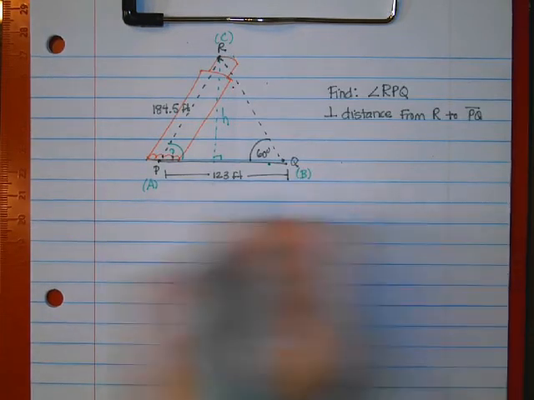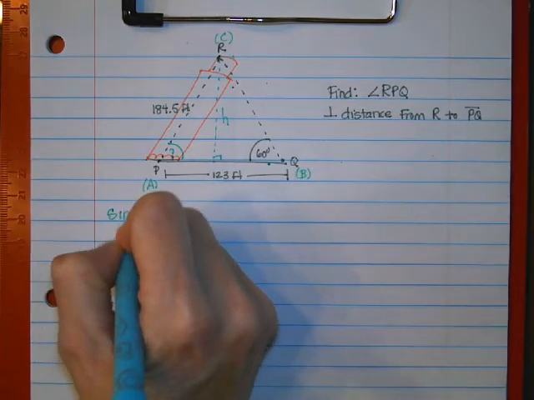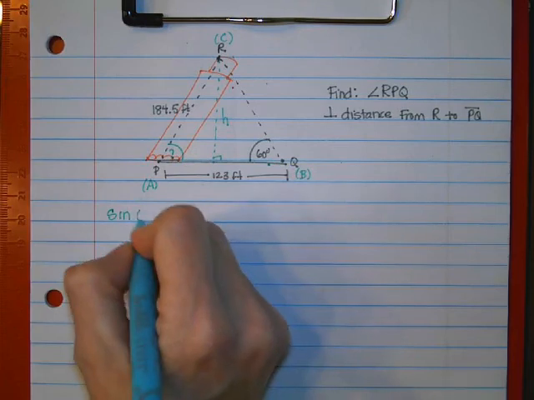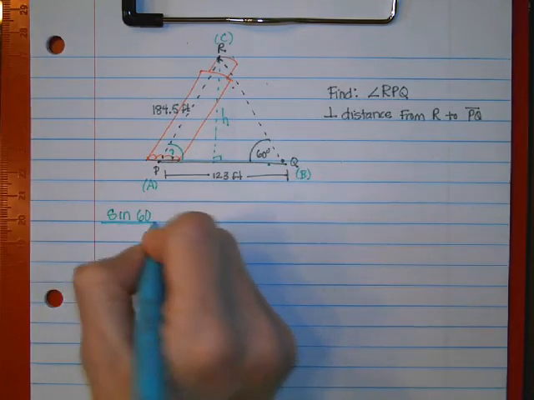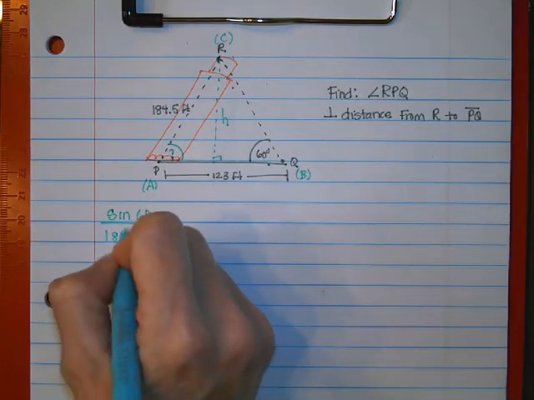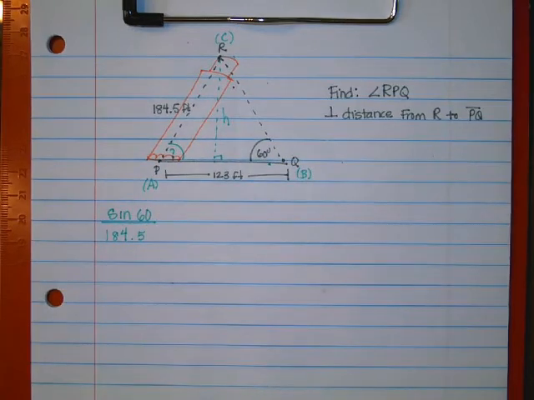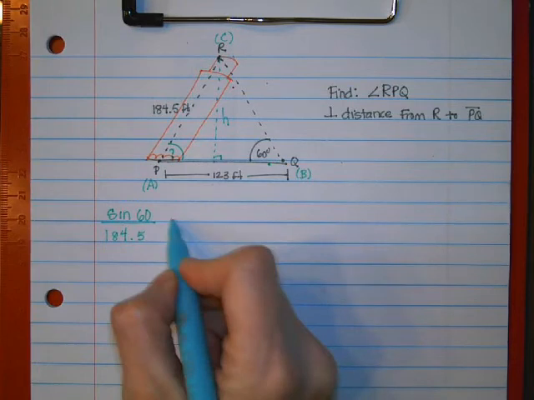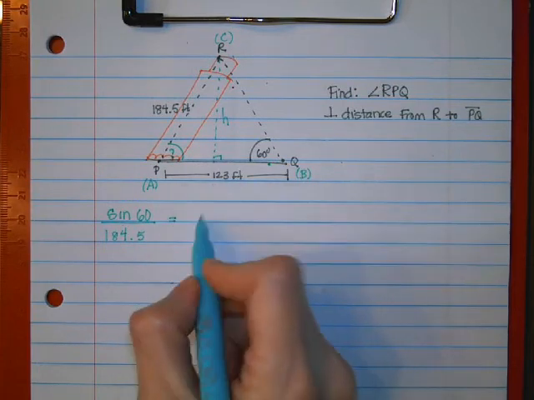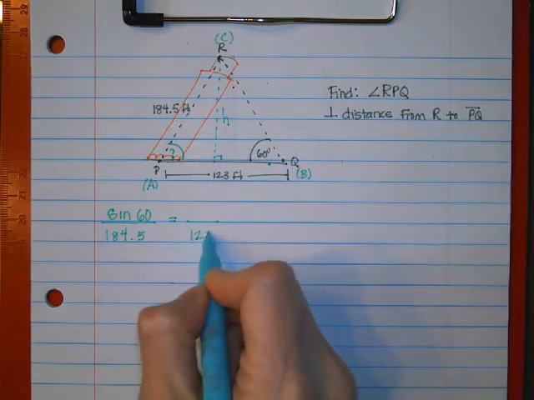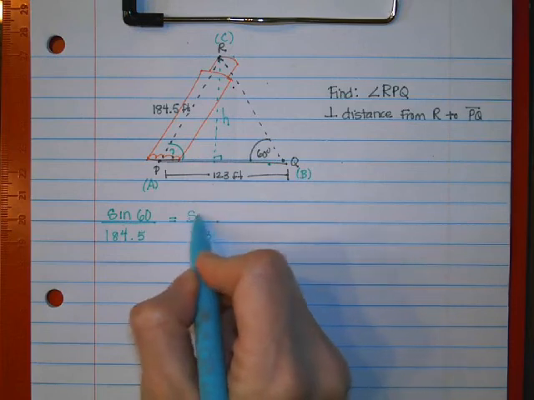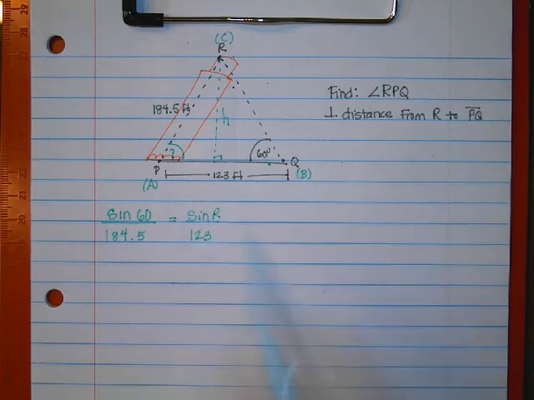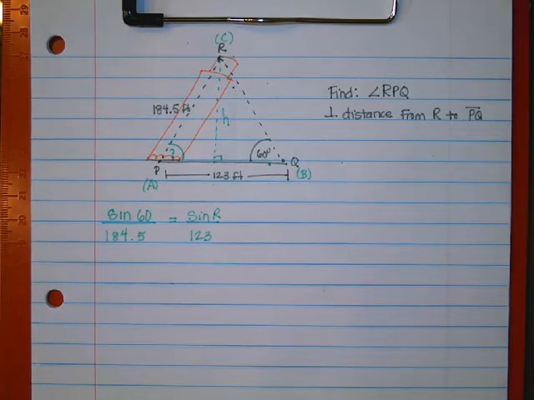So we're going to take the sine of Q, or sine of B, however you want to say, which is 60. And directly across from that is the side 184.5. So we know the angle and the side opposite of it. For the next part, we know the side 123, but we don't know the angle opposite of that, which is big R, or C, whichever you want to use. So now we're going to cross multiply